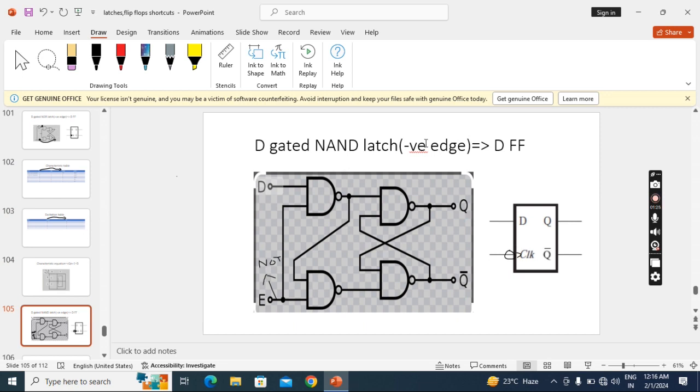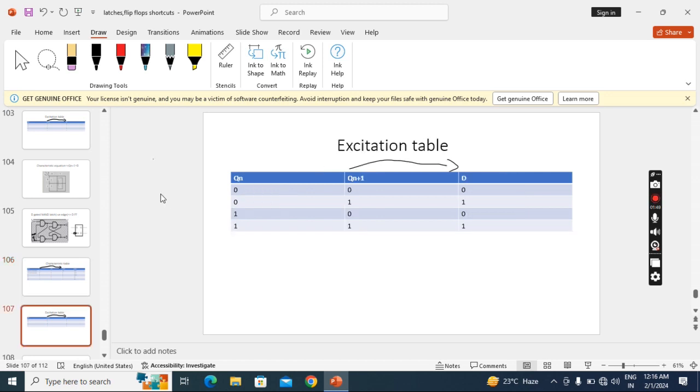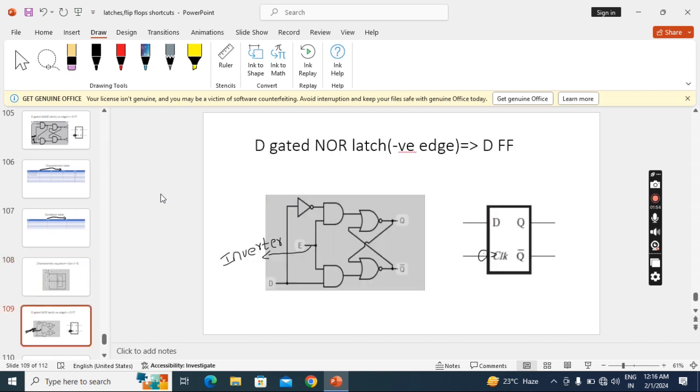Now coming to the D flip-flop with negative edge with a NAND latch part. Here in the symbol you will get a bubble outside along with the triangle symbol, and here we get a NOT gate, that we know. Here 1 means 0 to 1 transition, 0 means 1 to 0 transition. Remaining everything same. Excitation table same. Characteristic equation same. Now the negative edge NOR latch part D flip-flop,